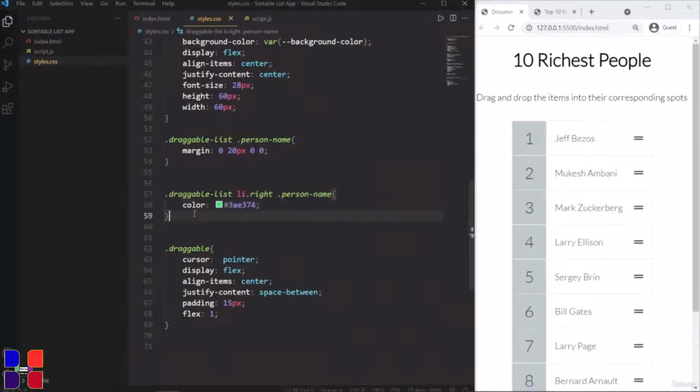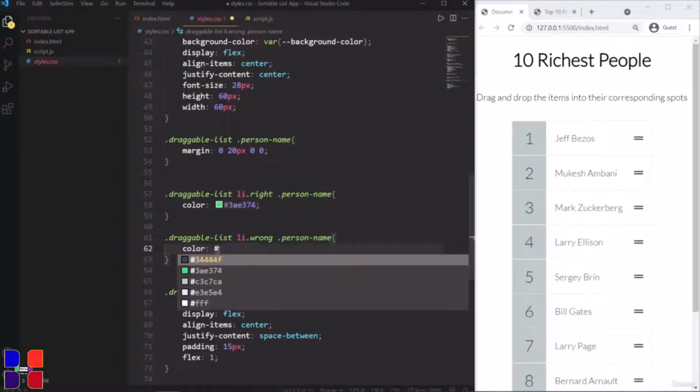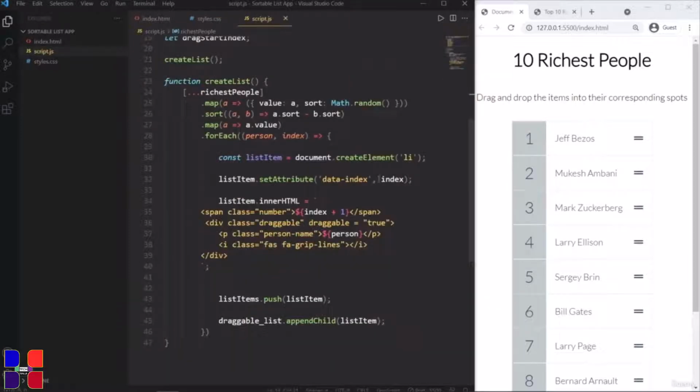And if the person name is not in its correct position, then I'm going to copy this here. And if this is wrong, then the color is going to be hash FF3838. It's going to be red. So to test whether the items appear in green or red, let's go here